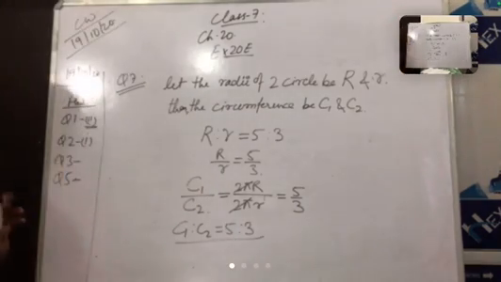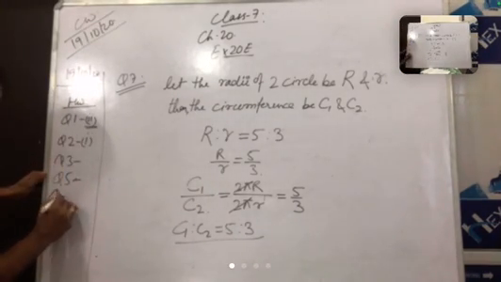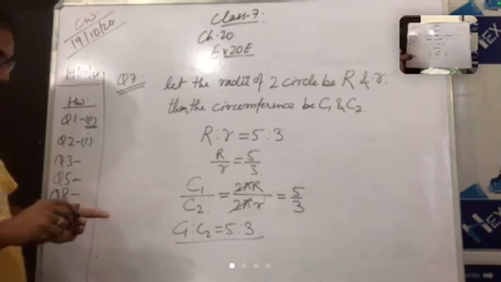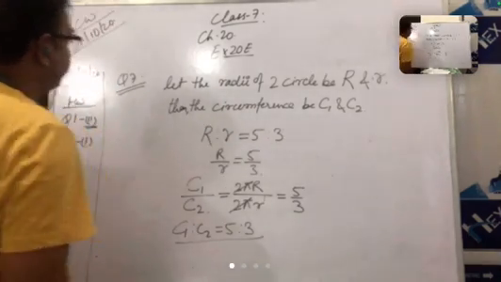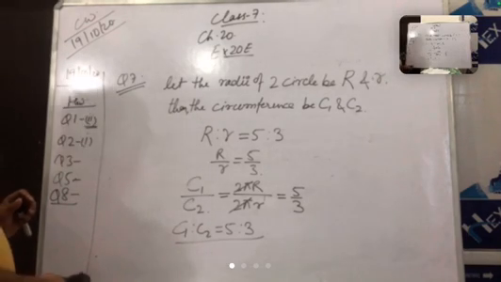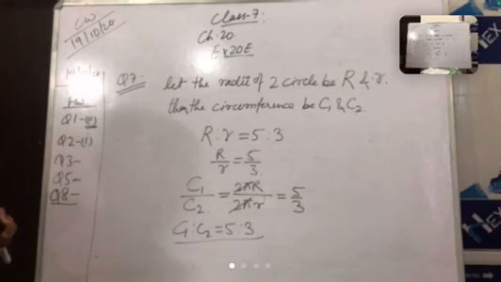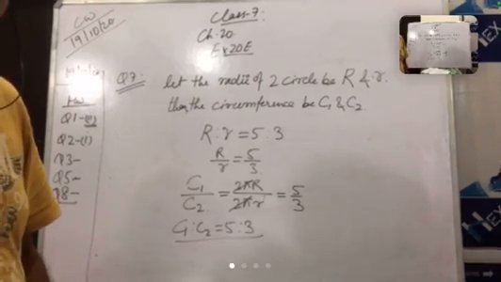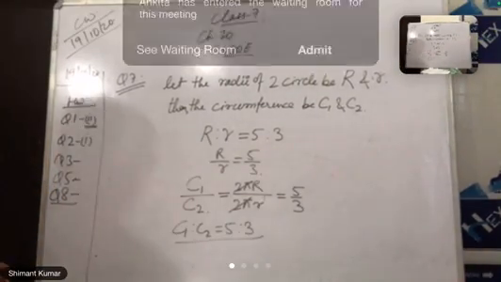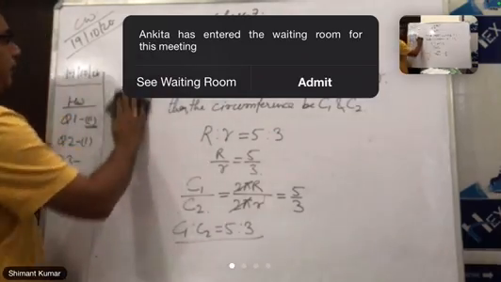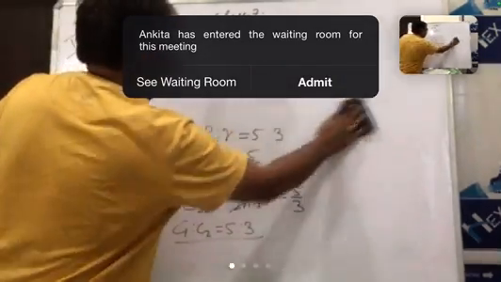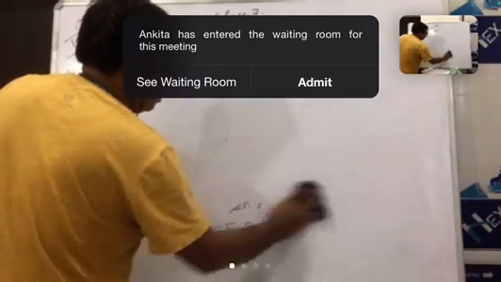Good. Now question number 8 is your homework. Can you please tell me how much time is left there? 10 minutes. Okay, wait, I will see. Okay, 10 minutes is there, so we can continue. This is copied, na? And question number 8 is your homework. And now start question number 9.